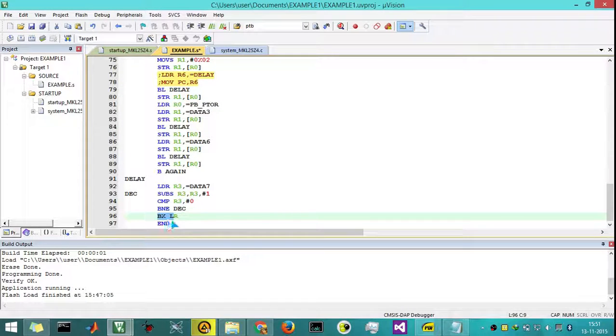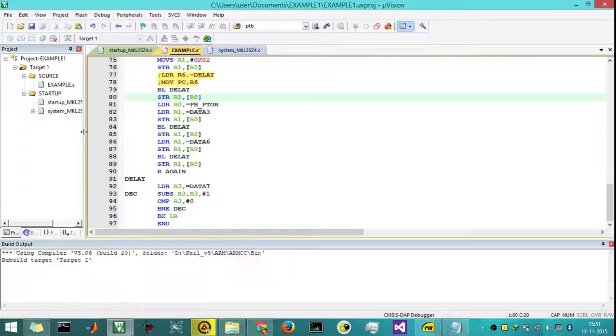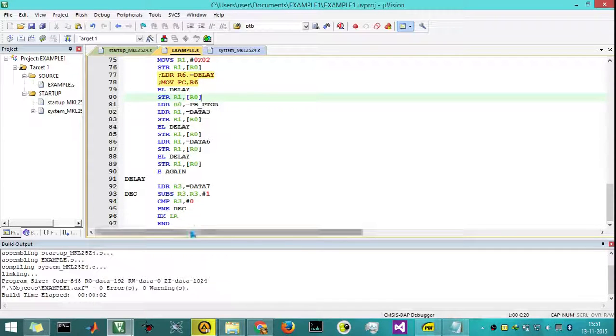BX LR is branch with exchange in the link register. Link register will be carrying the return address of this statement, and the execution starts from this statement after coming out of this loop. Now we are going to dump this program